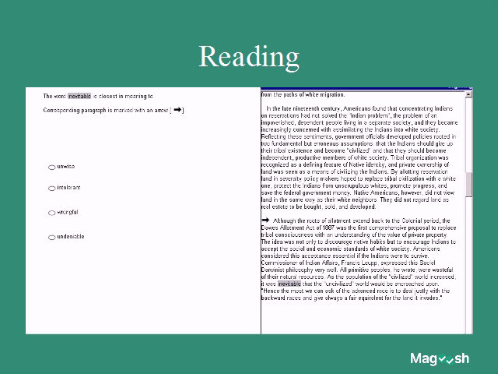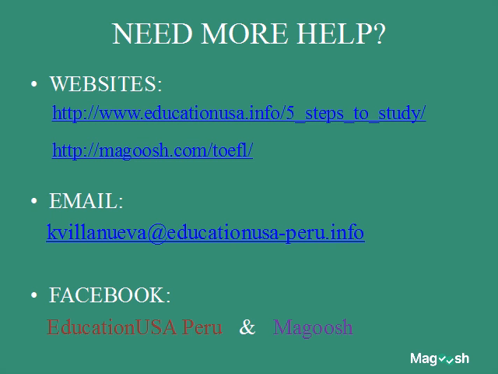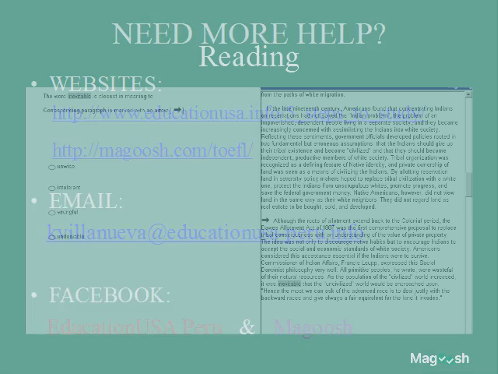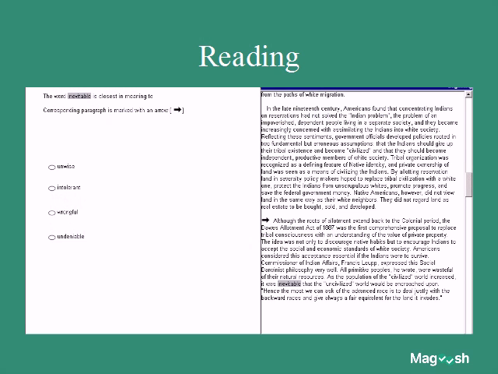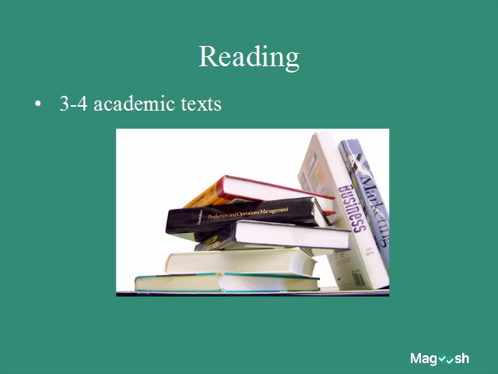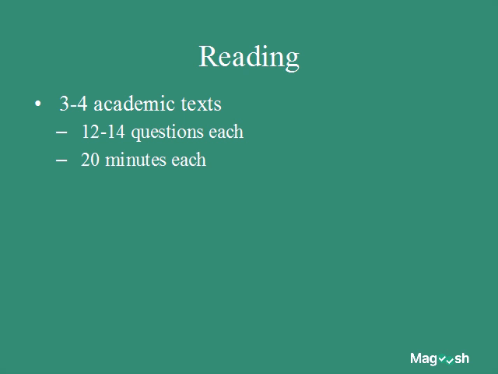And the texts themselves, what you see there, are from academic textbooks, from university textbooks. So they explain something about, oh, I'm sorry, I accidentally went back. Let me get back to my slide. 36, there we go. Now, here we go. Right, we have academic text from textbooks, basically. They will be introductory, though. You don't need to know anything about the topic beforehand. You don't need any outside knowledge. All the information you need is in the test.